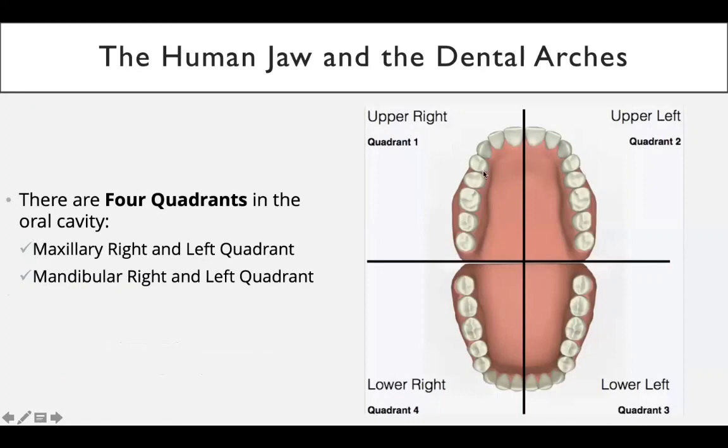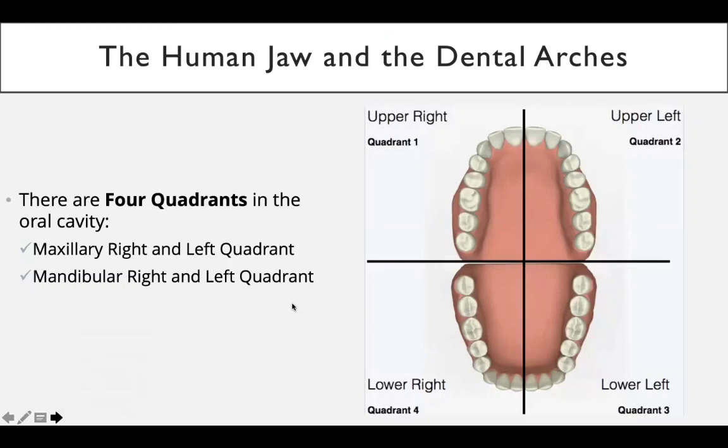As you know, maxilla is on the top, makes upper jaw. So we have upper right quadrant, upper left quadrant, and then mandible lower left and lower right quadrant. So from the upper side we start, quadrant number 1 is upper right, quadrant 2 is upper left, and lower left is quadrant 3, and quadrant 4 is lower right. It's okay to confuse these, it doesn't matter if you just say upper right quadrant, upper left quadrant, or right maxillary quadrant, it's the same as long as you pronounce it correctly. And then we have lower right, which is mandibular right, and lower left, which is mandibular left quadrants. So easy,